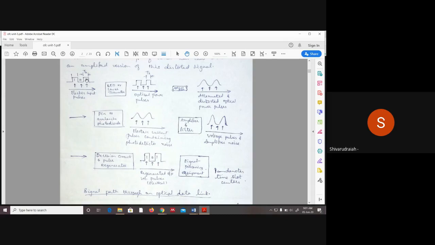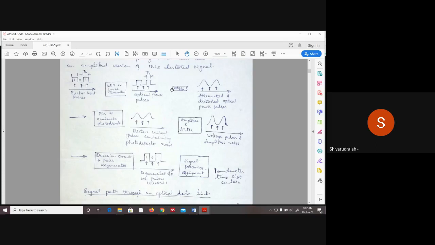So this electrical signal is passed on to the laser or LED at the transmitter side. They act as optical sources, and the output of that will be the optical power pulses. So input to the laser or LED will be electrical input pulses, and output of the laser or LED will be optical pulses. They will also be digital pulses of pulse width TB. Okay, and these optical power pulses are passed on to your communication channel, that is the optical fiber, which we are considering here. So optical fiber acts as a communication channel.